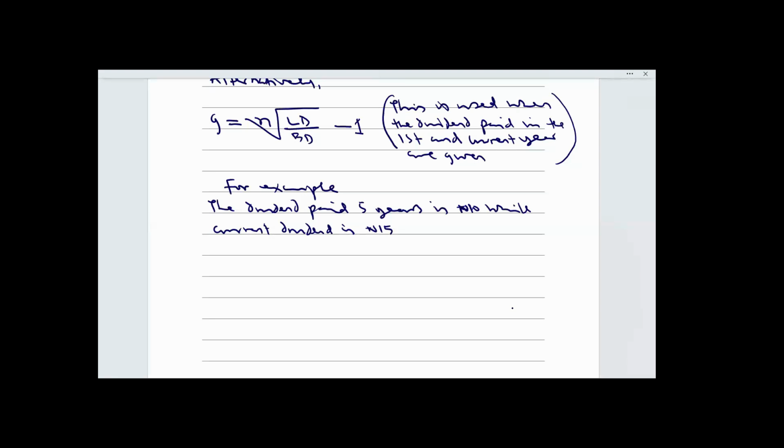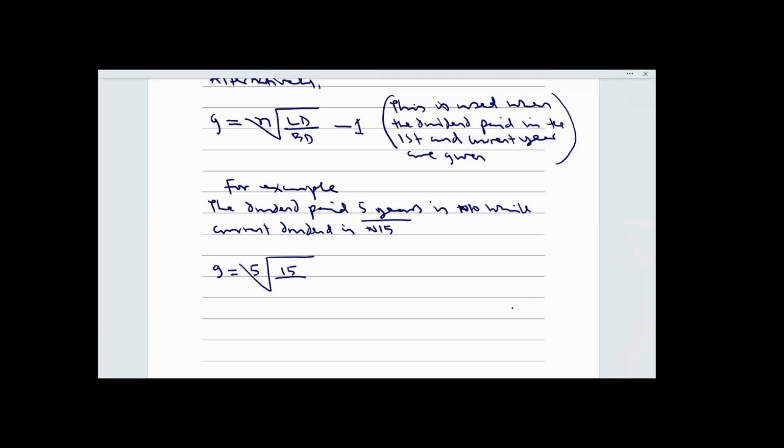All right. So dividend paid in the first year, which is 5 years ago, is 10 naira. Dividend in the current year is 15 naira. So these are the two pieces of information that will be given to you. When you want to calculate your growth rate, just say G equal to N is 5, because 5 years ago, that is the history of dividend paid 5 years ago. So I would then say 5 into square root of the latest dividend, which is the current year dividend, 15,